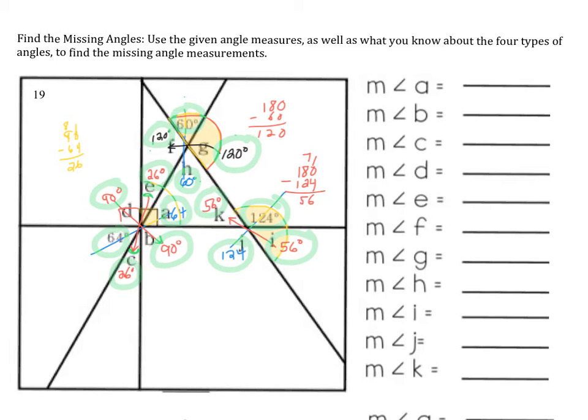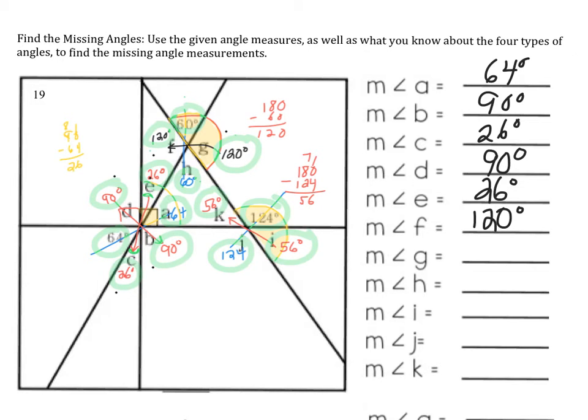So angle A, which is right here, is going to be 64. Angle B, which is right next to it, 90. Angle C, right here, 26. Angle D, right across there, 90. Angle E, right here, 26, angle F right here, 120,